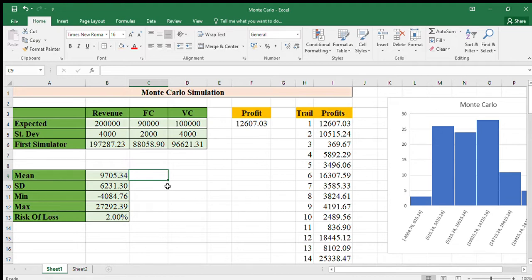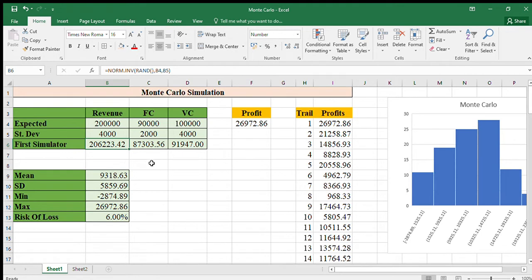If any argument is non-numeric, then it returns a #VALUE! error. It will return something like this. I'll write it here. It won't return it now because I've written it right. But if you get something like this, you have put in a non-numeric value, and that's why it is returning this. But since we have put in the right numbers, see, once I refresh it, you can see the changes happening.